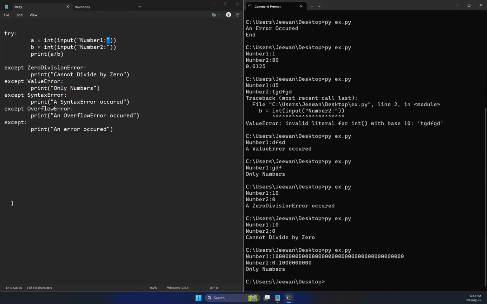Then it says only numbers, value error. It gives you value error. Why? Because you are taking an integer. That's why I have put a decimal value. Okay, this is how you can handle the exceptions, right? Now,